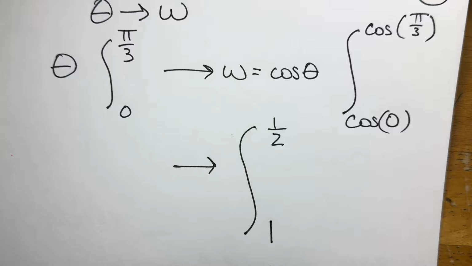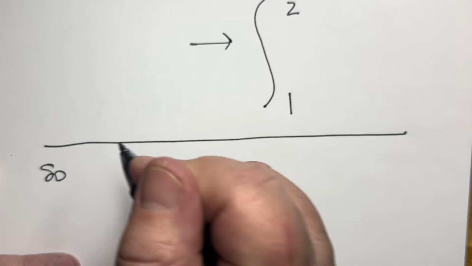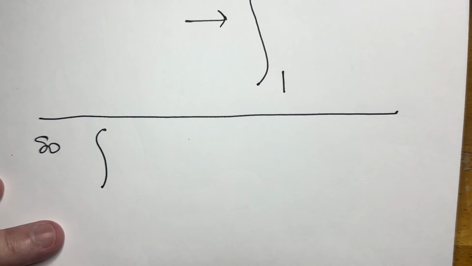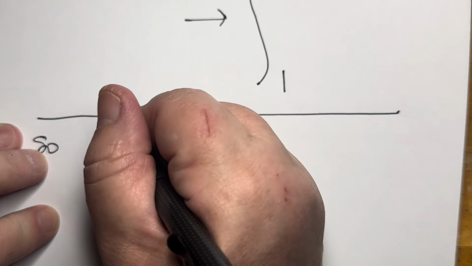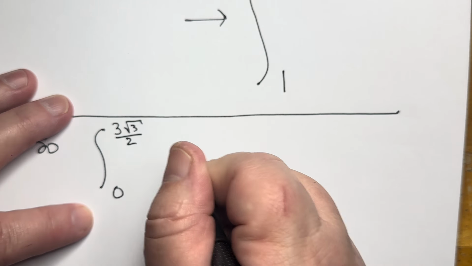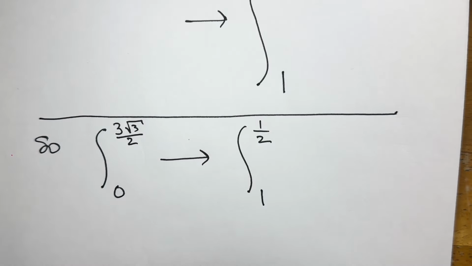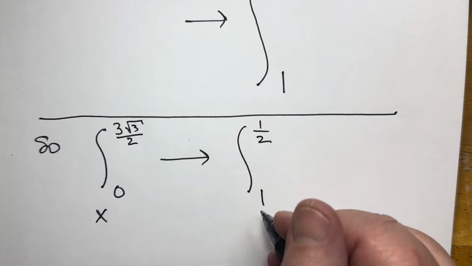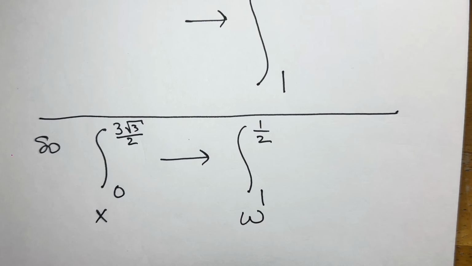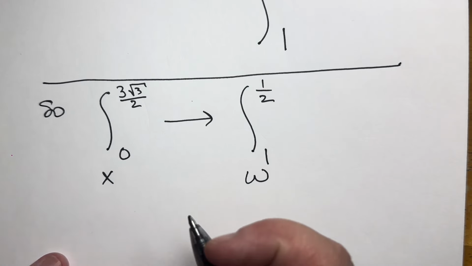We are nearly there. So we're going from the original, way back in the beginning, from 0 to 3 radical 3 over 2, all the way to from 1 to 1/2. So this is in x, and this is finally in w. Okay? So you got to do all the limits, or you can translate back. You go w into theta, into u, and into x. So our new